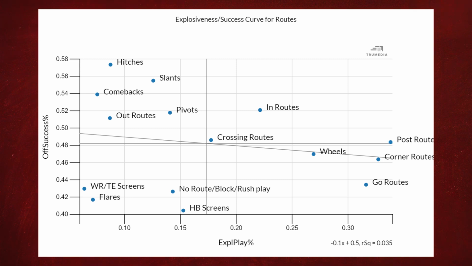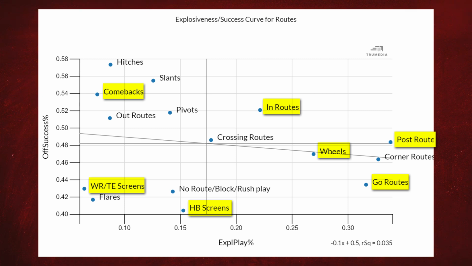For instance, in 4 of the 5 years that PFF has tracked targeted routes, Mike Norvell's teams have been above the 50th percentile in targeting wide receiver/tight end screens, wheels, posts, in routes, halfback screens, go routes, and comebacks. To me, there's a pretty clear theme here. His go-to routes tend to fall on the explosiveness side of the chart.